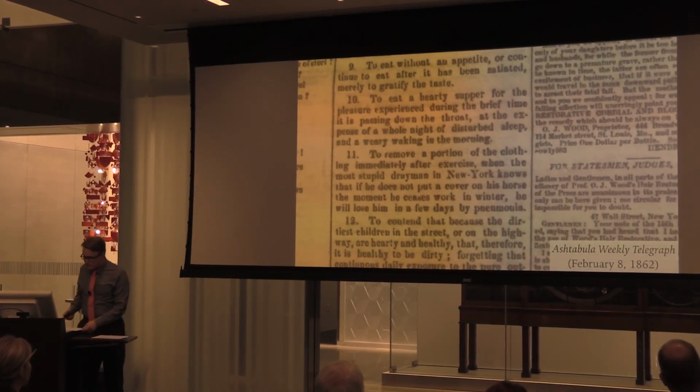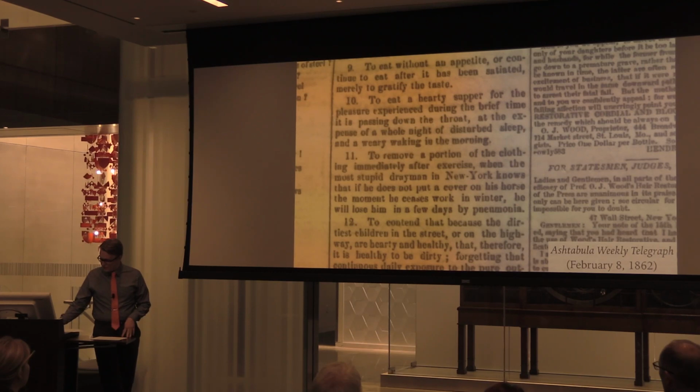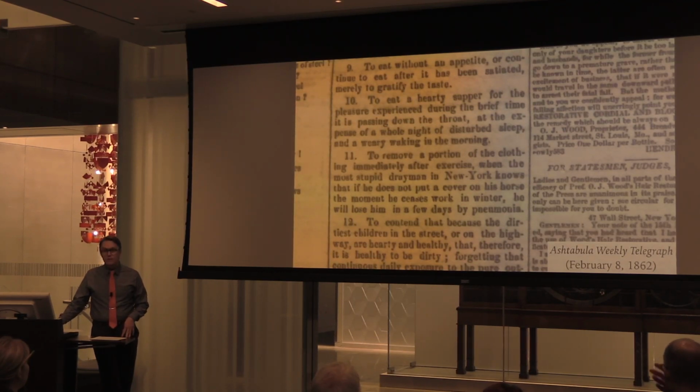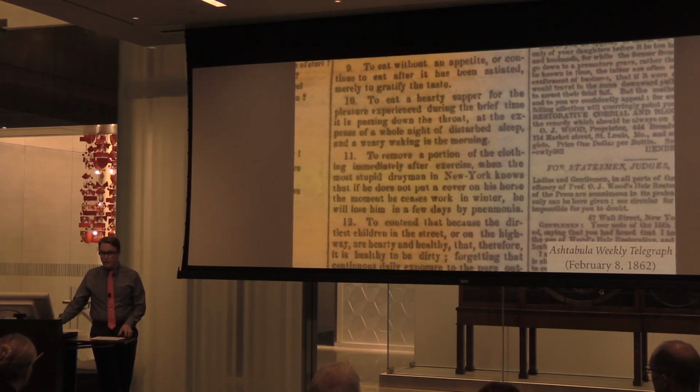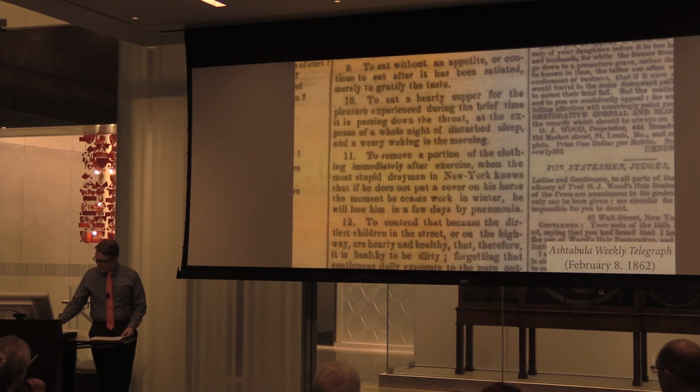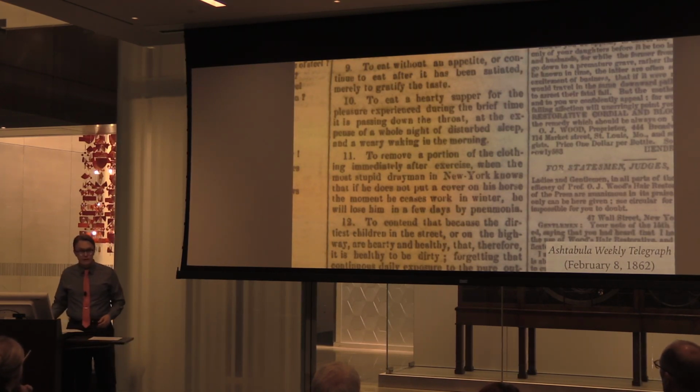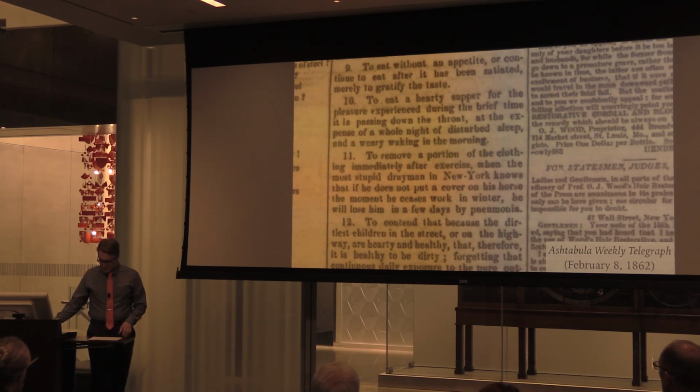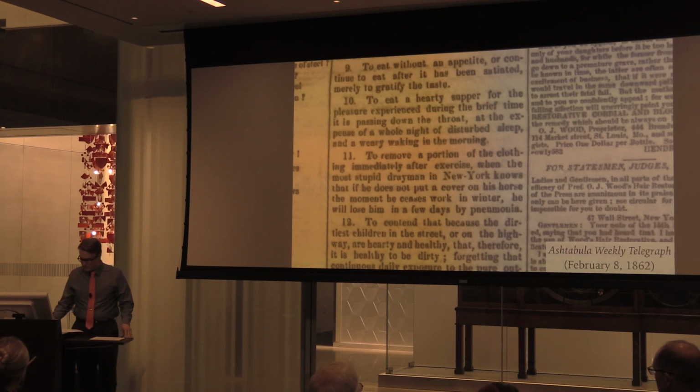Over the next 35 years, however, Health Hints Follies would be reprinted in at least 136 newspapers across the US, becoming one of the most widely reprinted pieces that we know of during the 19th century. By the time Follies was reprinted in the Appeal of St. Paul, Minnesota, on December the 23rd, 1899, it was substantially changed.